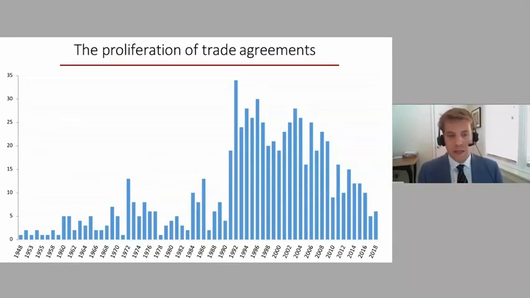But the depth of each of those trade agreements is increasing, meaning that every new trade agreement tends to include and address an increasing number of issues and also go deeper in each of those different issues. And to me, as a social scientist, each of those trade agreements is a laboratory, basically, where environmental provision are being experimented and from which we can learn something.